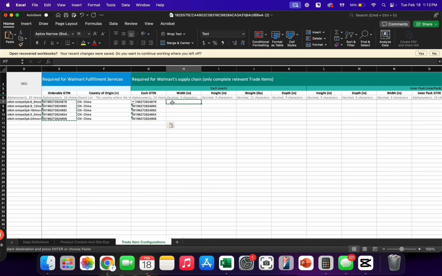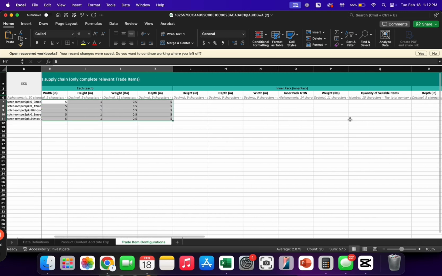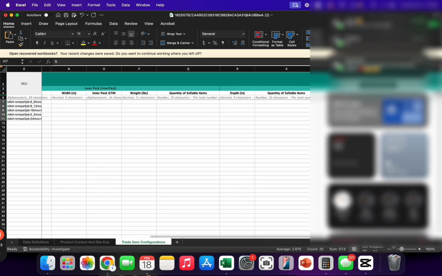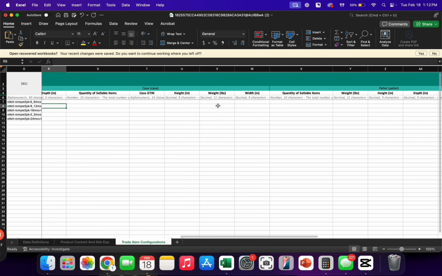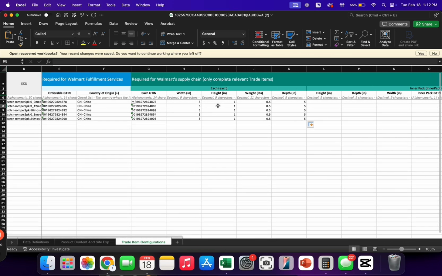And then we're going to go ahead and put in the measurements. I am making this up for the sake of this video. And so then we're going to highlight all 4 columns. Oh, and then we're going to double click. Now these you do not need to fill out unless you have inner packs or case packs or pallets. So then we're going to save,